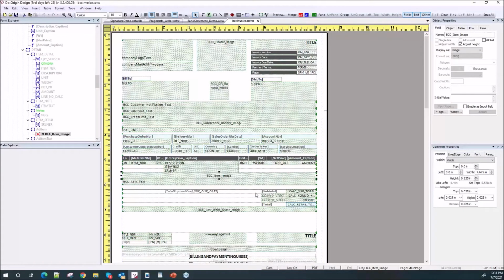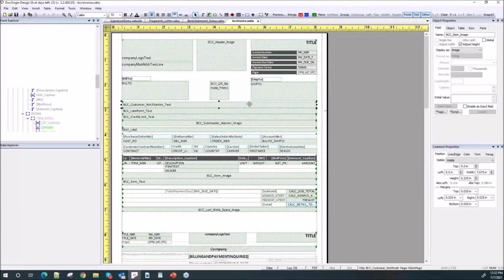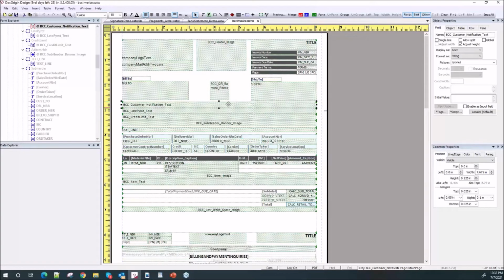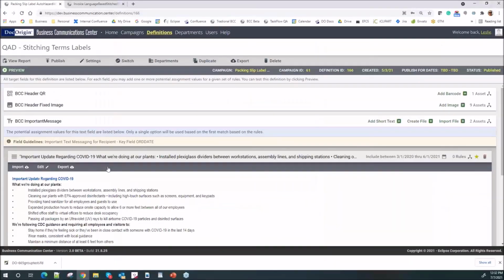And then when we talk about some of the dynamic messaging, for example, the notes under the text or images talking about hazardous warnings or promotional items, this is our detail item line. So here's our line. I've always told our customers to build your dynamic areas or optional messaging areas everywhere that you might want them. My best example is important information, since we didn't know a pandemic was coming. But if all of our customers had an important message area at the top of their form, it would remain what we call idle or suppressed unless it's needed. So we can define when that's going to be prompted and when it's no longer going to be prompted.